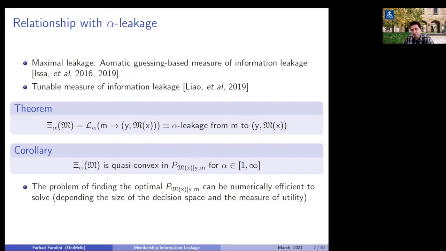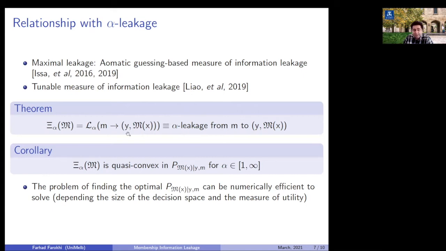You look at all the possible attributes that might be able to guess. Now, this measure has been extended to provide a tunable measure of information leakage. An example of that tunable measure of information leakage in this paper is alpha leakage. And the alpha leakage shows you how much information is leaked from, in this example, Y and M,